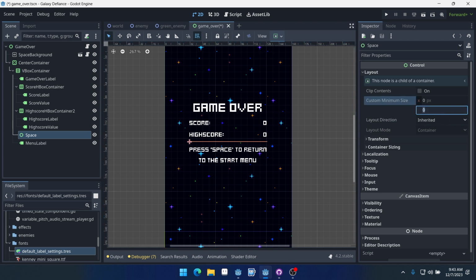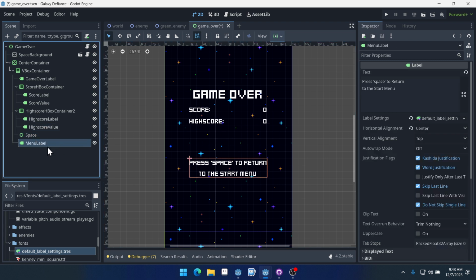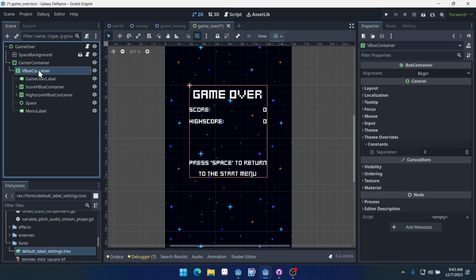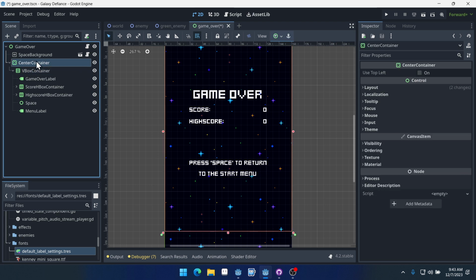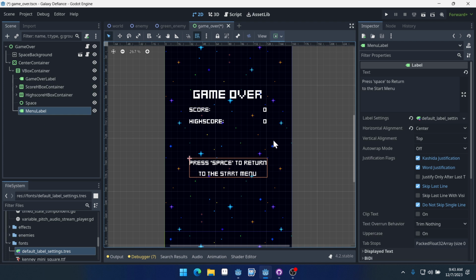Like say we set the minimum size to 32, and that's going to add a space of 32 in between our menu label and our Highscore HBox container, which I want to remove the 2 there. Okay, so that's one way to do it. You could also set the min size on the entire VBox container, and then make the menu label expand vertically,